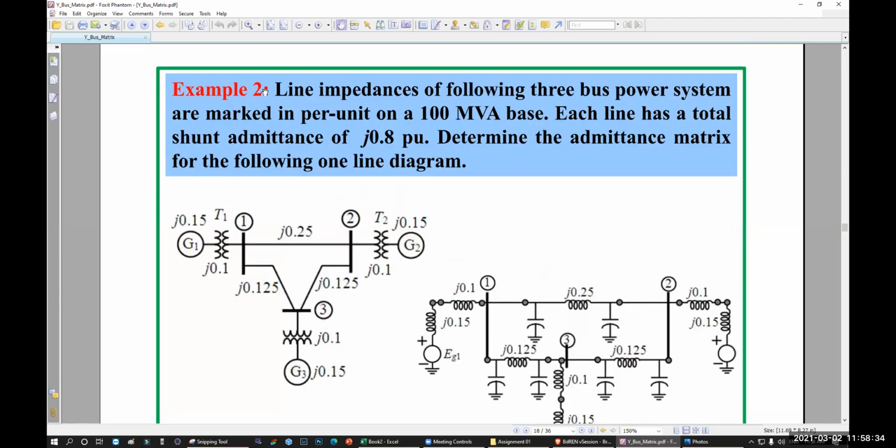So our example is this one. Impedances are given, so we have to convert them to admittance. Then the shunt admittance is given as 0.8 for each line. So what you have to do,